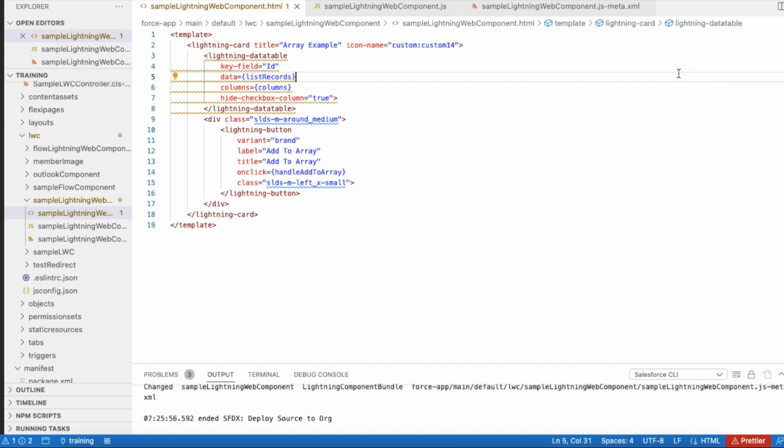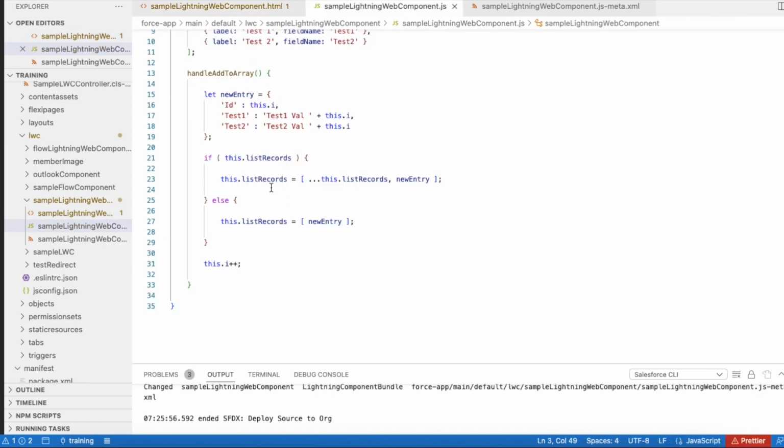So in order to fix this problem, instead of using the push method, we have to use a different format, where to an existing record list, we are adding a new entry like this. If you use this format or framework, then the values will be reactive since there is a change at the memory level. So it will be reactive and then it will start displaying it